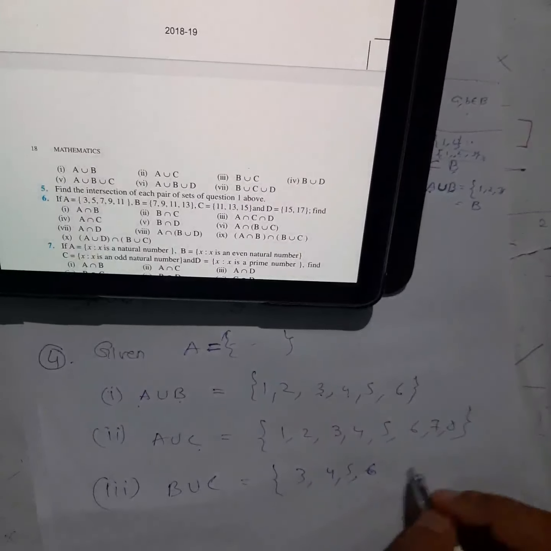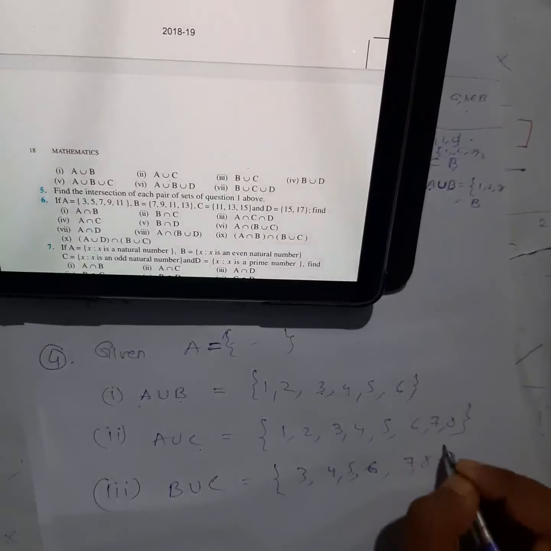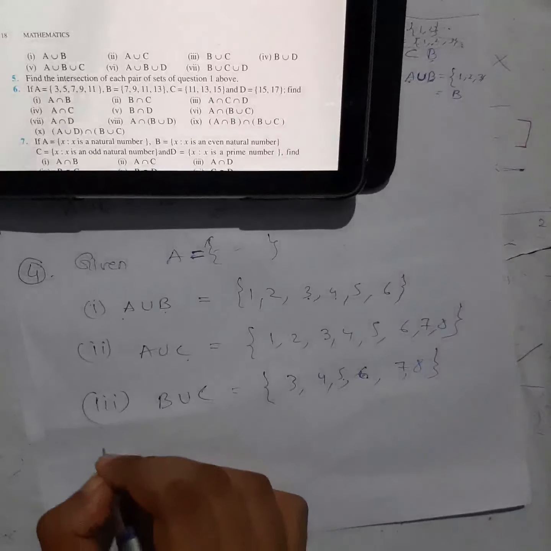Okay. And C. Elements of C are 5, 6, 7, 8. So 5, 6 I am not going to repeat. 7, 8. So you can see all elements of B and C are there. Number 4,